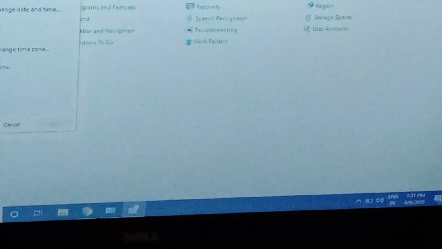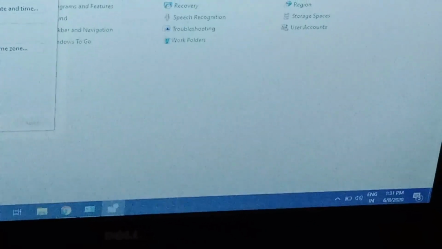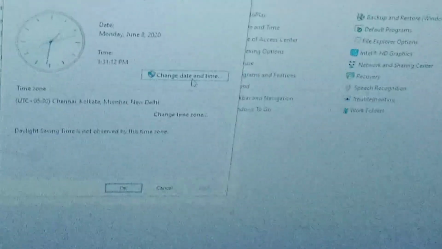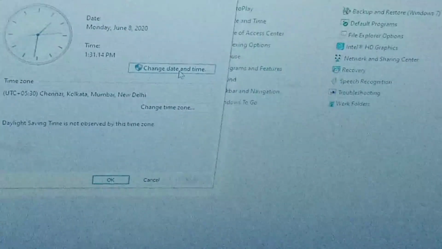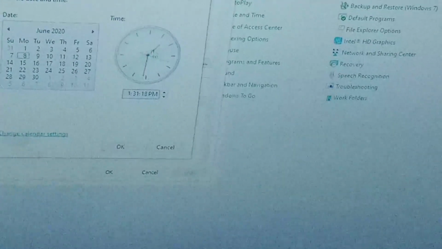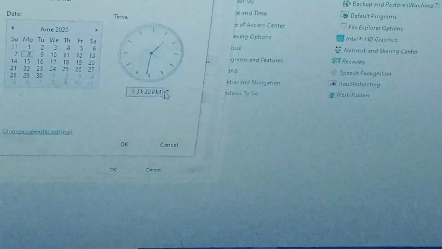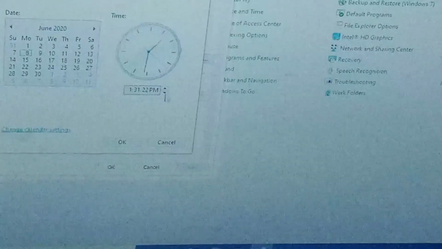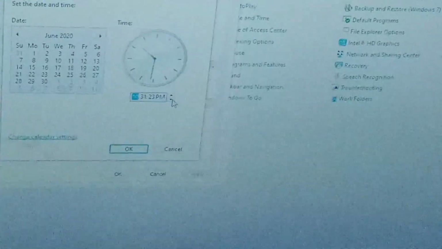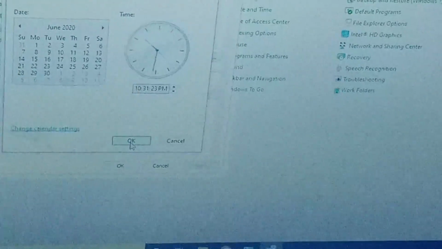Suppose I change the date and time. First of all, click this option, change date and time. When you click once, the watch shows 1:31. You change the time to 11 and just press OK. This area changes automatically.